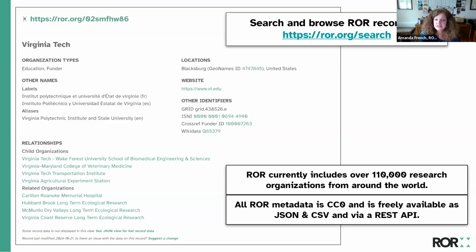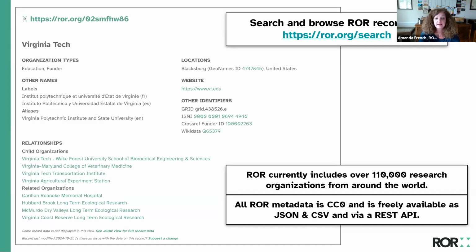On this record, you can see the unique ROR ID at the top, on the left there, a name for the organization, Virginia Tech in this case, organization types, and other names this organization goes by. Those other names include acronyms, common alternative names, such as Virginia Tech and Virginia Polytechnic and State University, and commonly used names for the organization in various languages. And that multilingual feature is particularly important for multilingual countries such as Canada and Switzerland and many other countries as well.